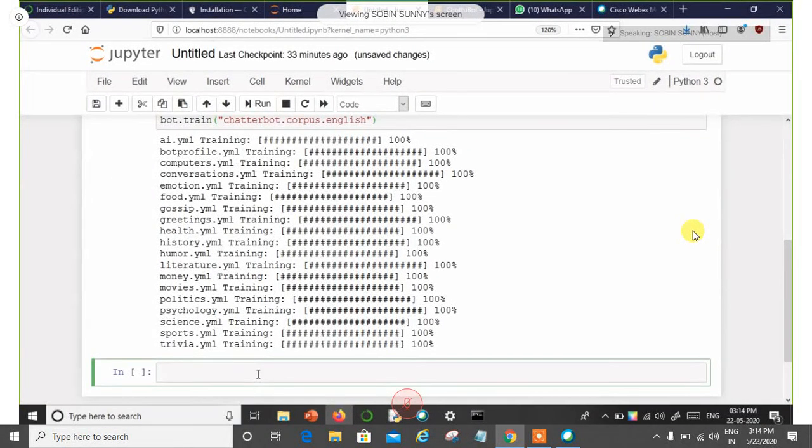If you have some new data, like if according to your conversation the chatbot starts learning, that data will also be attached into the database. So if you delete these database files, what happens? Your chatbot will not be able to converse with you properly because it doesn't have any data if you delete the database. I shall show you that also in a later session.